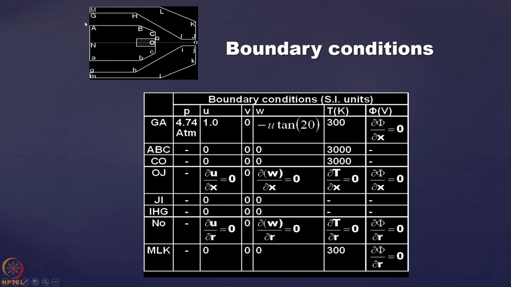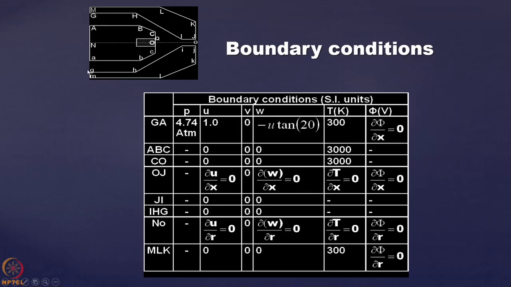That is why I have put it over here. And the temperature, because at this location GA, this is the entry point of the gas, say air, it is entering here. At that location, the gas is entering at room temperature only. There is no plasma over there. So that is why the temperature is 300 degrees Kelvin, that is 27 degrees centigrade. And there is a potential equation, for which I have put del phi by del x is 0, that is, along the axis there is no variation in potential over here. That is quite expected.